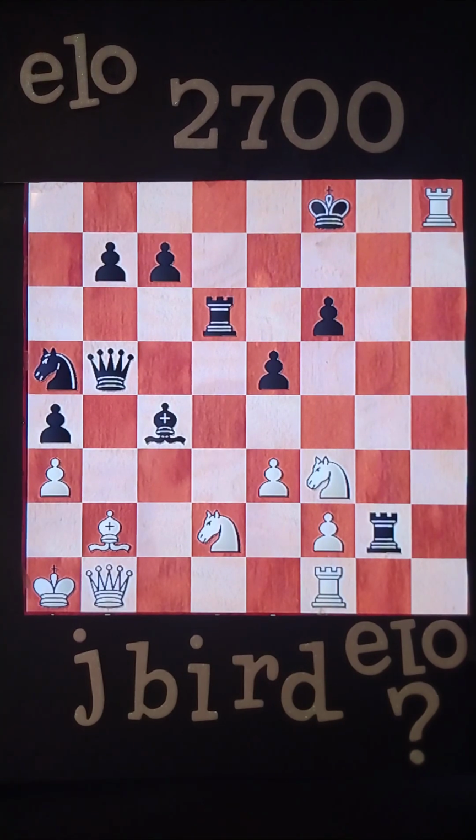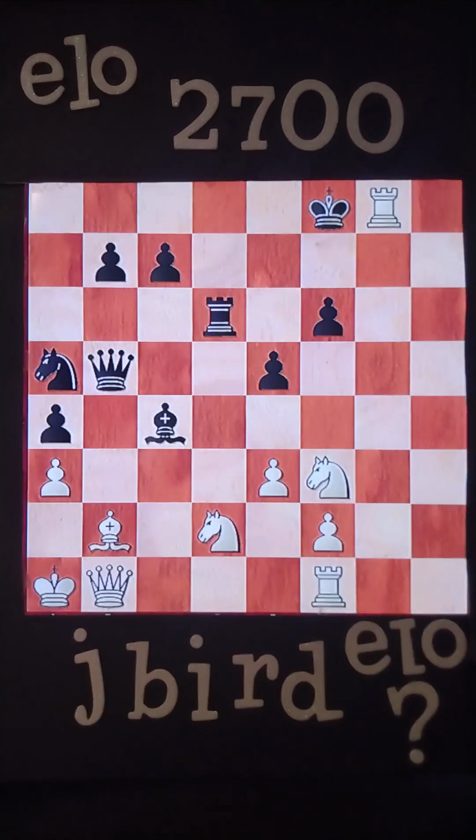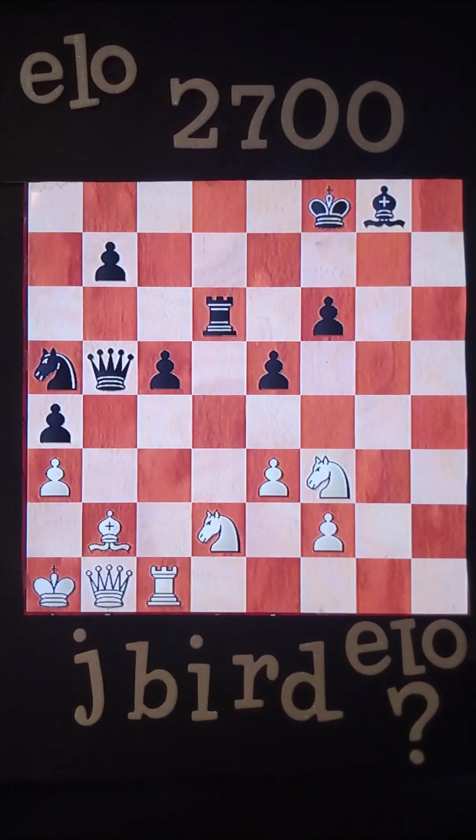Okay, after h8, he brings his rook back. Best move. Take g8, g8 takes g8, c1, c5. Now he pushes his pawn, but I think he should have pushed his pawn a few moves ago when I was pushing mine. After c5, c3, f7,